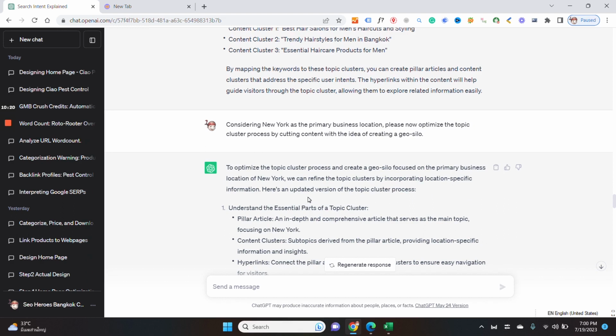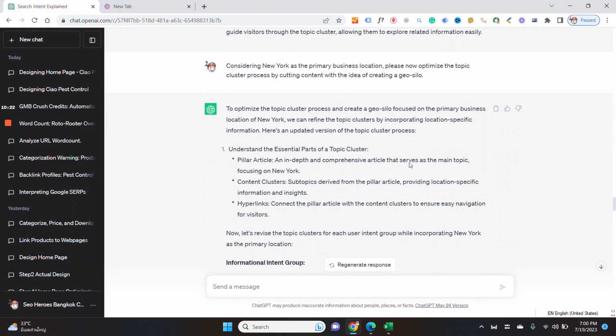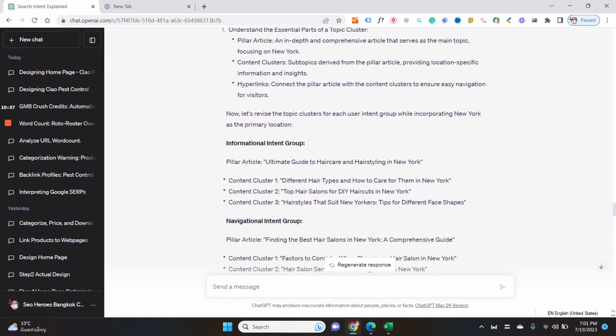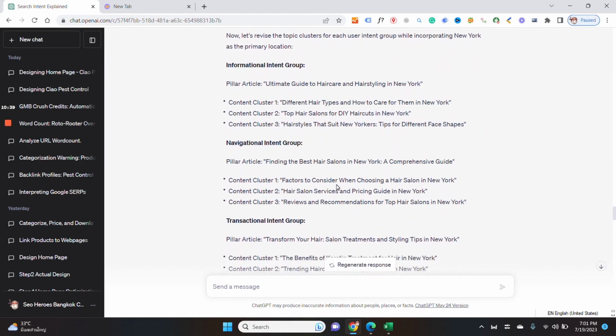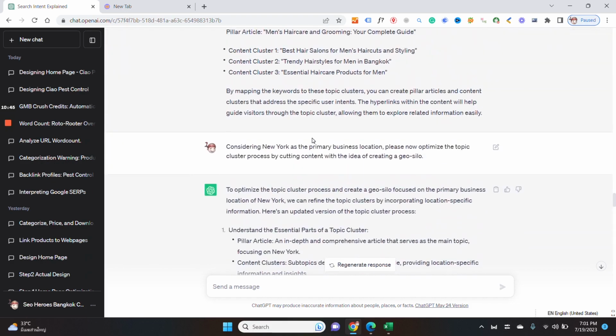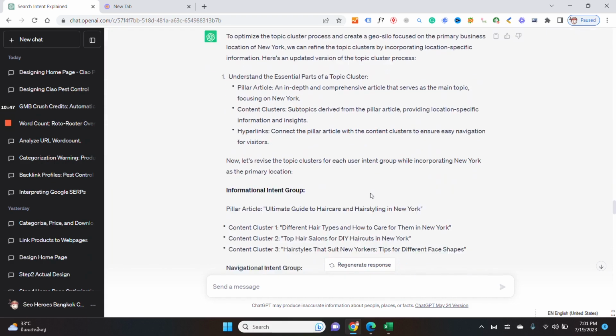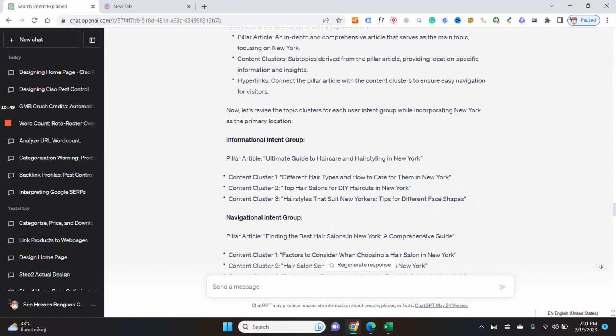Here is an updated version of the topic cluster process. Okay, pillar article, an in-depth and comprehensive article that serves as the main topic focusing on New York. Content cluster subtopics derived from the pillar article, providing location-specific information, insights, and so on. As you can see, ChatGPT is repurposing again the content with the whole idea of creating a geo-silo. So for the informational intent group, we got the ultimate guide to hair care and hairstyling in New York, and then